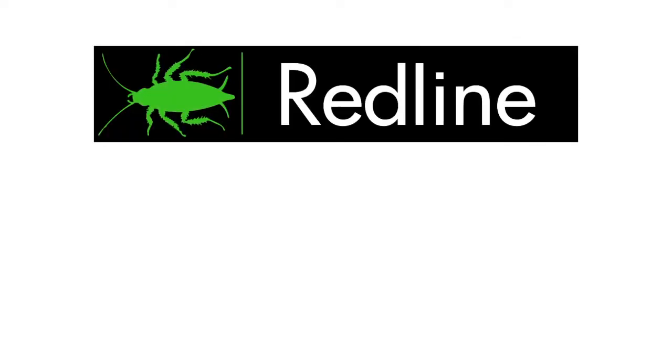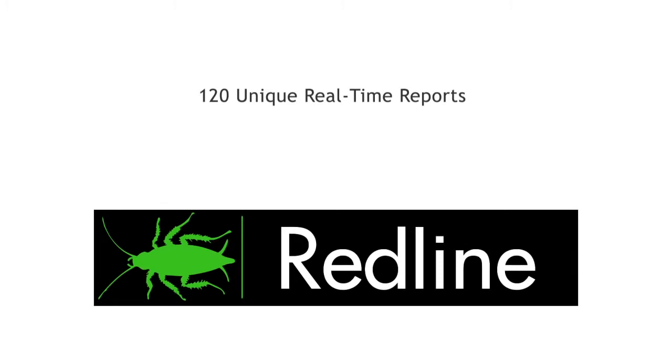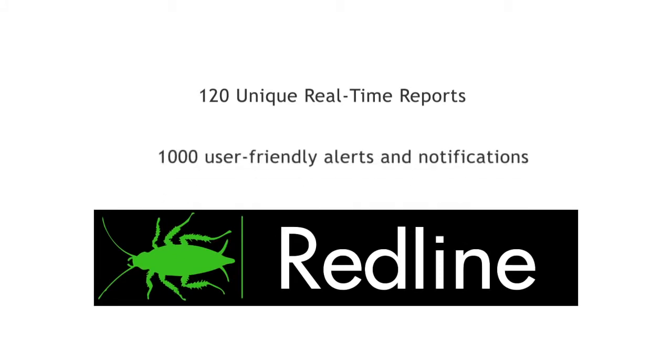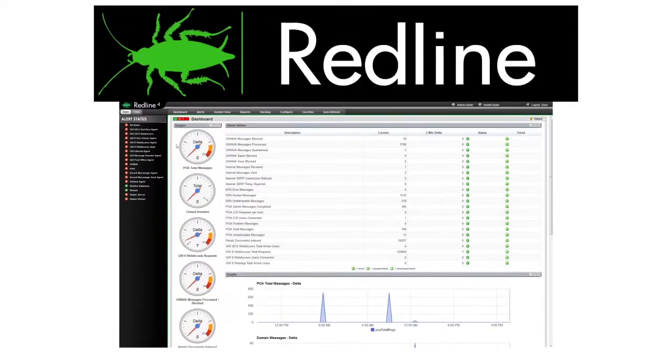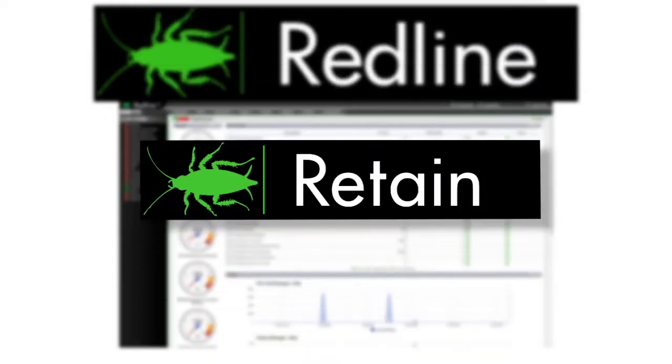Redline is the only fully comprehensive, customizable monitoring and reporting tool to meet your system monitoring needs. Redline provides over 120 unique real-time reports and delivers more than 1,000 user-friendly alerts and notifications, all within an easy-to-use, intuitive dashboard to quickly evaluate the health of your messaging security system, Guava, your unified archiving system with Retain, your